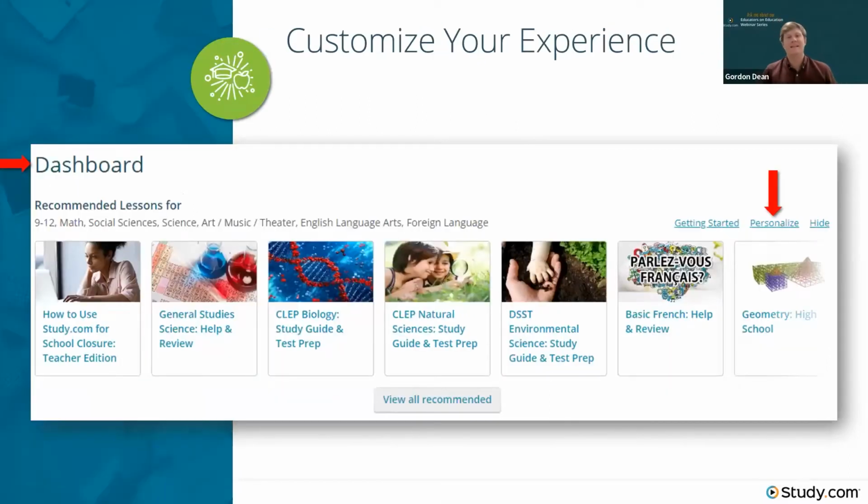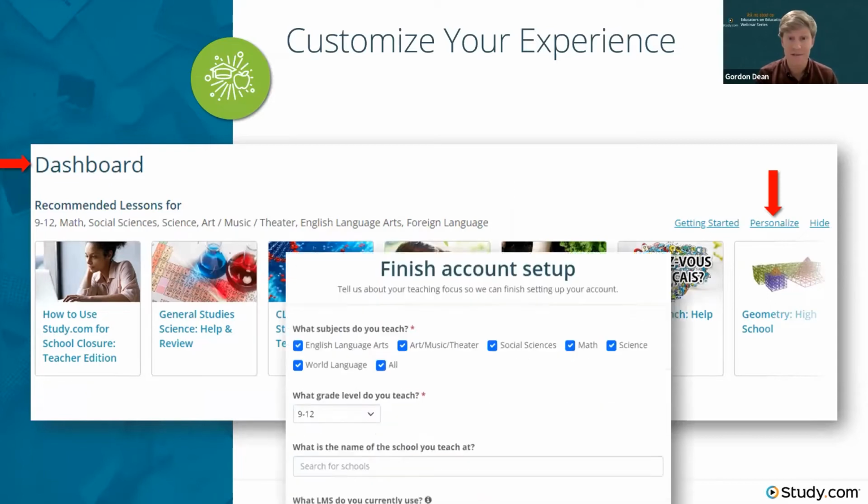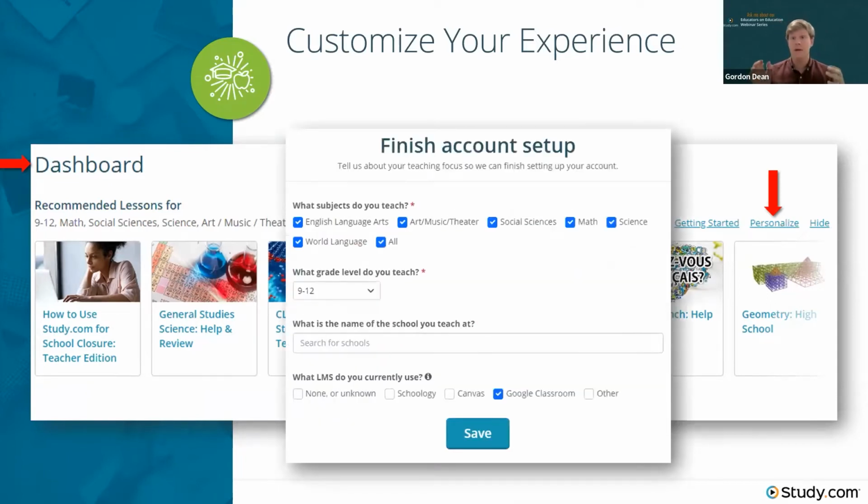Thank you. So now that you know kind of roughly what our content is, once you get onto the product, what happens? So the first thing that you'll see is this pop-up. And you'll want to let us know what you teach so we can customize your experience and content recommendations to your subject and grade level.